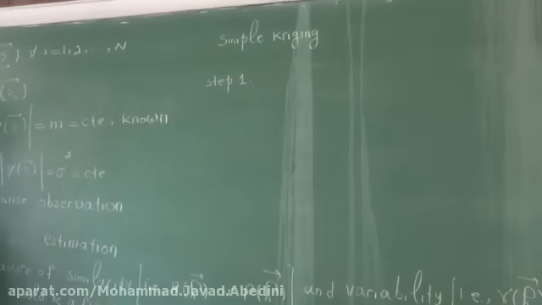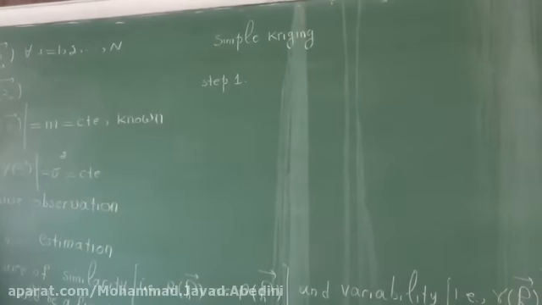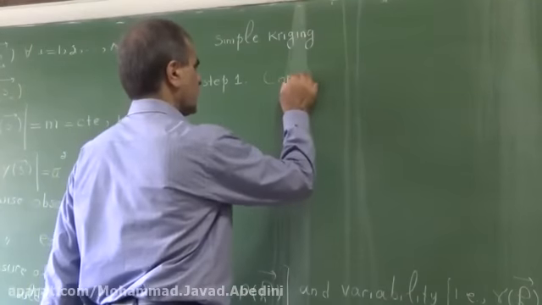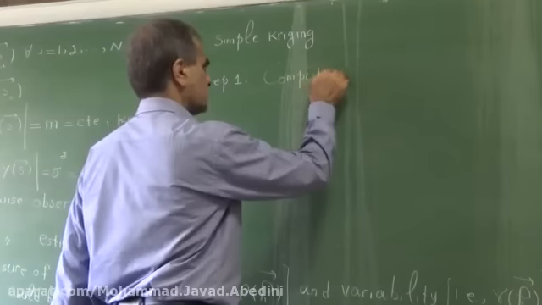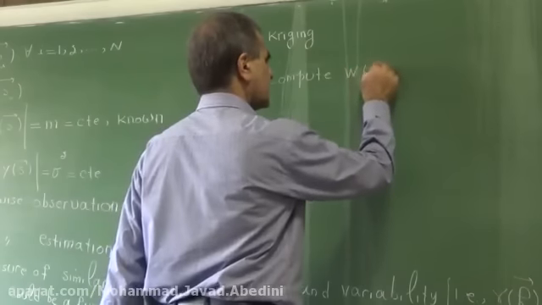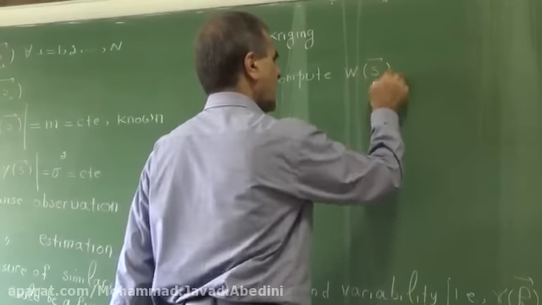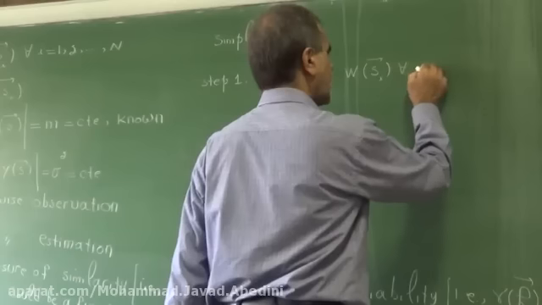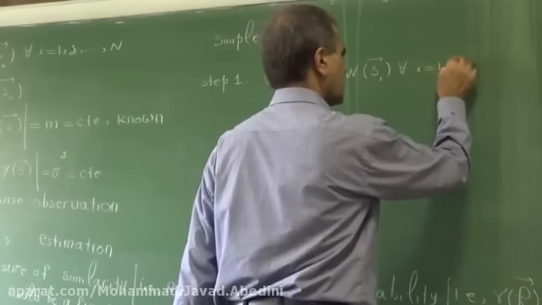If m is given to us, if m is known, then we can switch from y to w. Compute W at S_i for all i from 1 to n